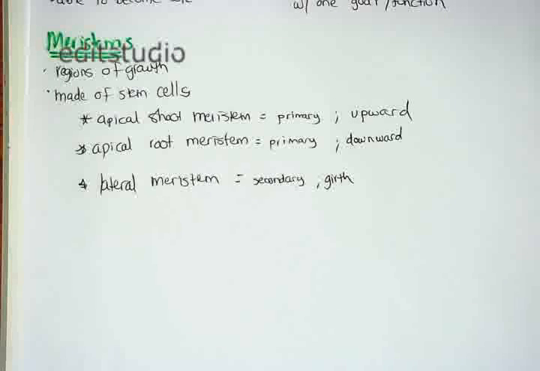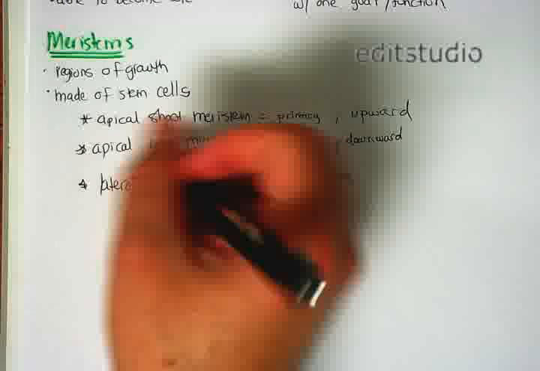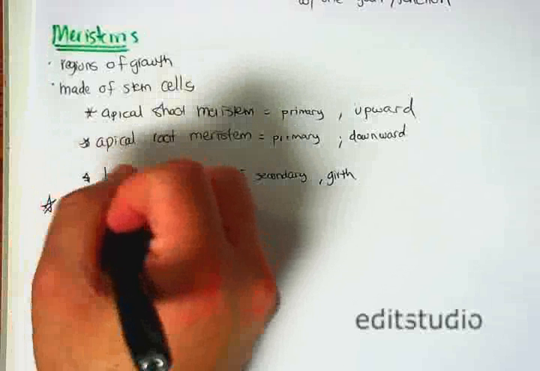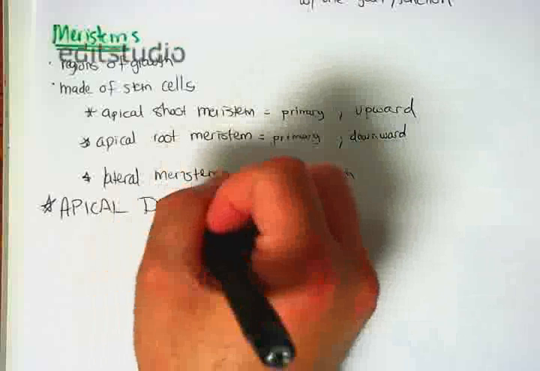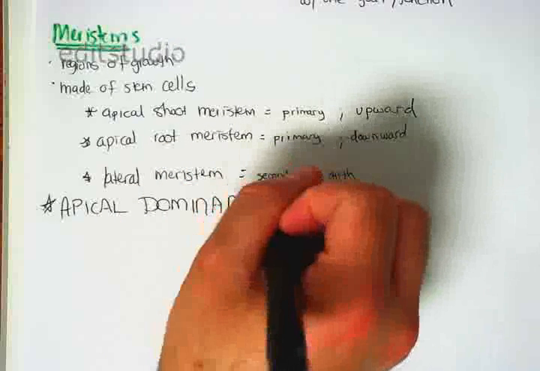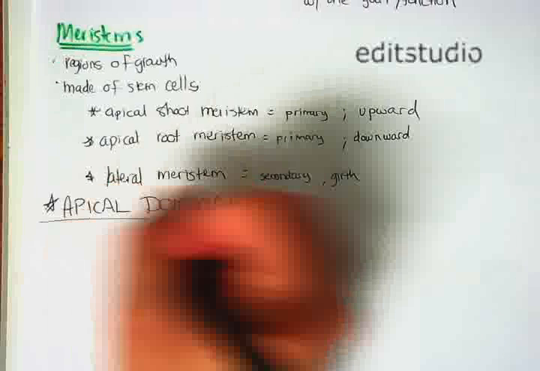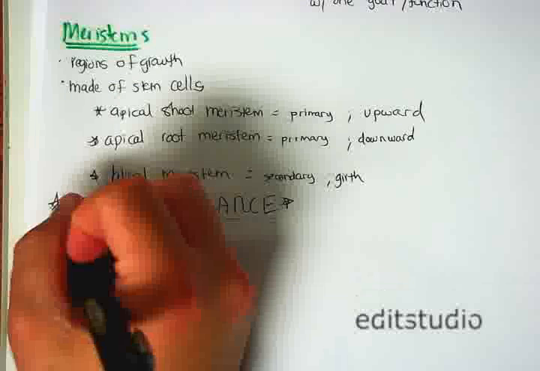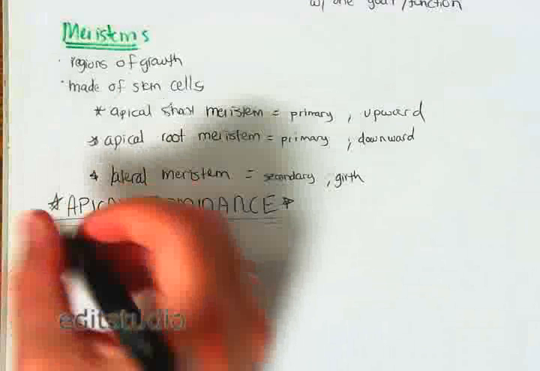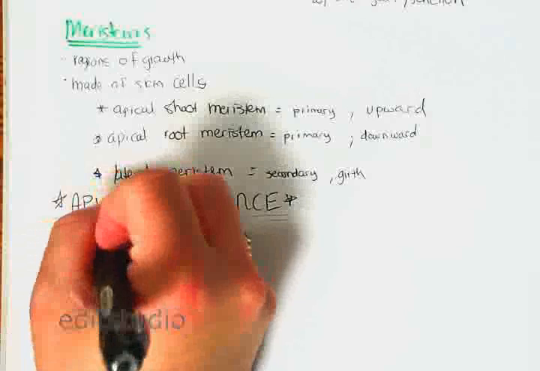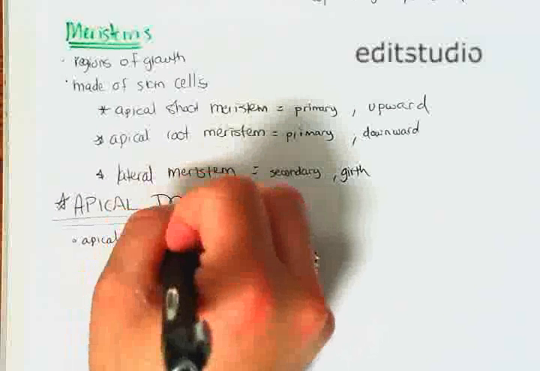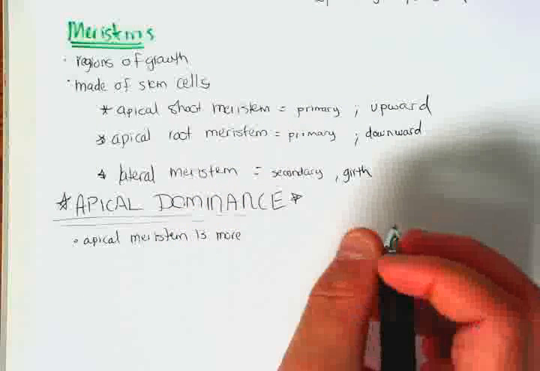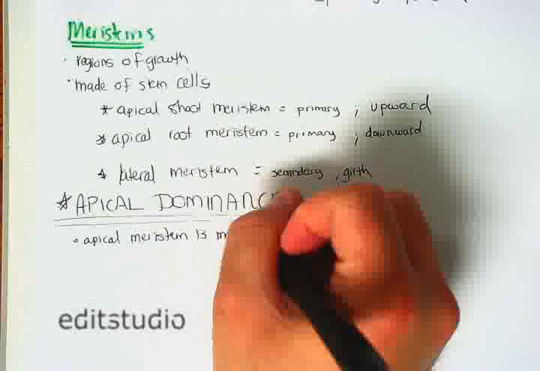We talked a lot in this case just about apical meristems, and that actually brings up a unique point of something called apical dominance. Do you remember what apical dominance was? What that resulted in? Exactly. If that meristem is the one that's receiving most of the chemicals. So it is this concept that the apical meristem is more active, you could say,